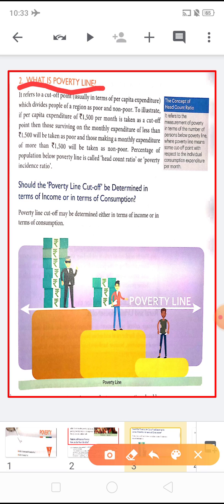So, absolute poverty refers to a situation when a person fails to reach this minimum consumption level. I hope you understand this well. Children, in pre-independence India, Dadabhai Naoroji was the first person to discuss the concept of the poverty line. He used the jail cost of living expenditure to calculate the poverty line. He used the menu for a prisoner and appropriate prevailing prices to arrive at the cost of consumption expenditure.